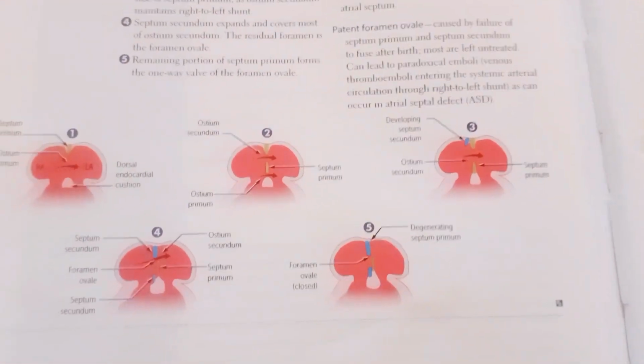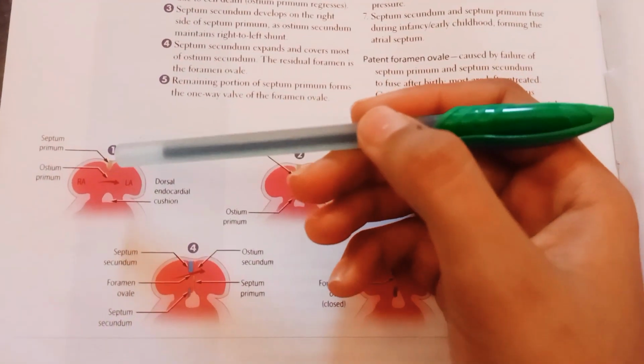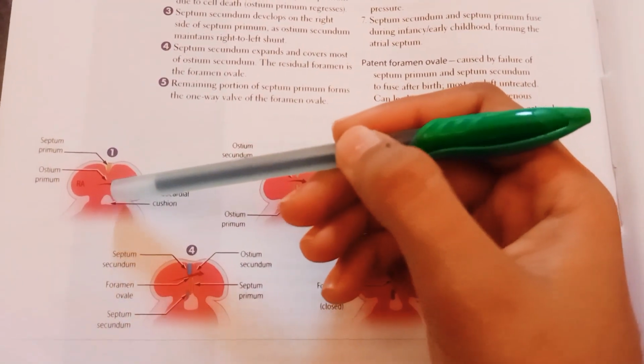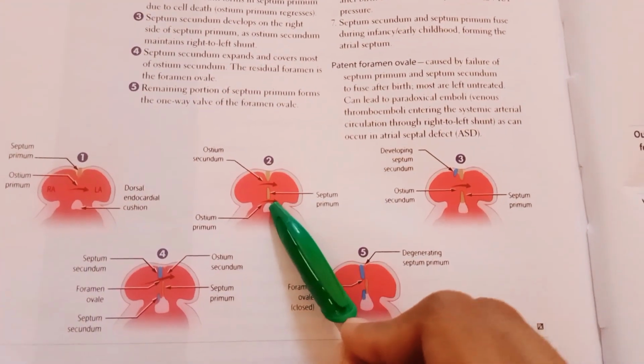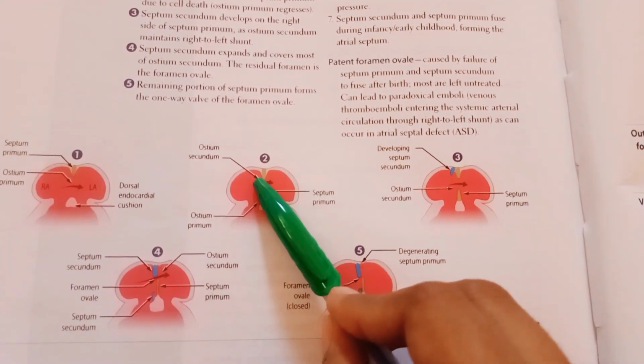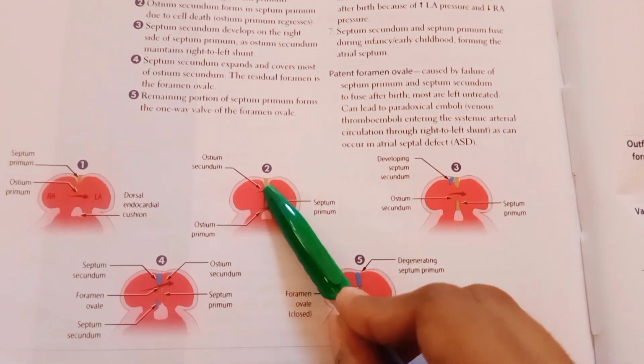Next, coming to how the atrial chamber will form, let us see atrial septum. So first thing is the septum primum grows towards the endocardial cushion and it forms a gap here. You can see here, this is called ostium primum. Next, what happens is even the upper part will degenerate and it will form the ostium secundum, so that there